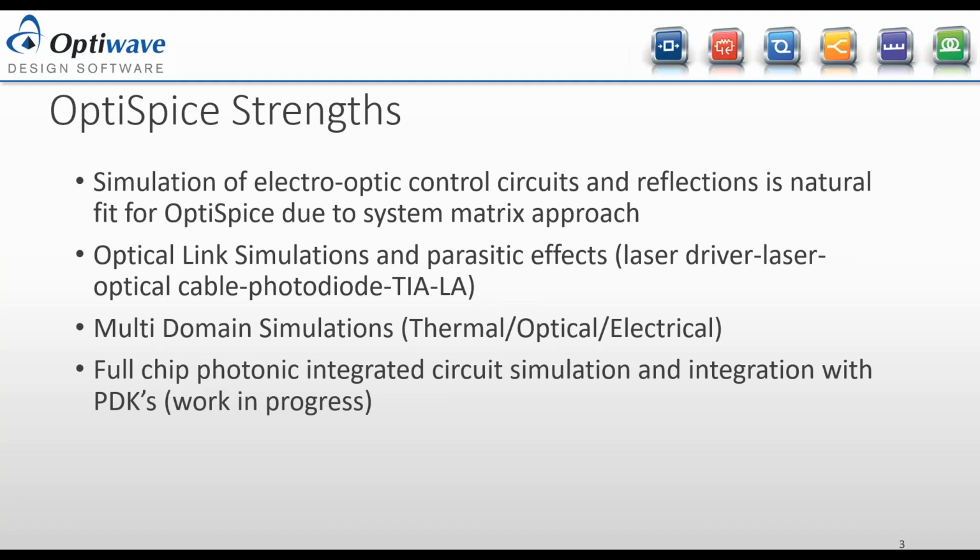As I mentioned in my first example, you can do multi-domain simulations: thermal, optical, and electrical. Thermal, we usually simulate as an RC circuit. One final point I would like to mention is simulating a full photonic integrated chip, including electrical and optical